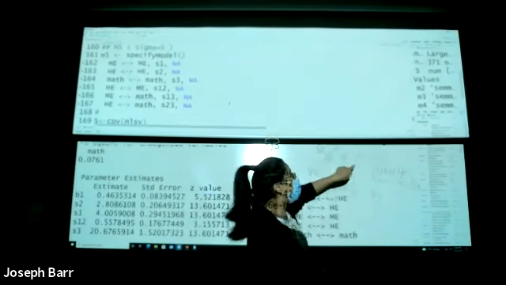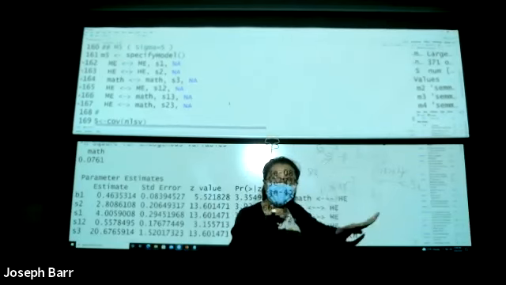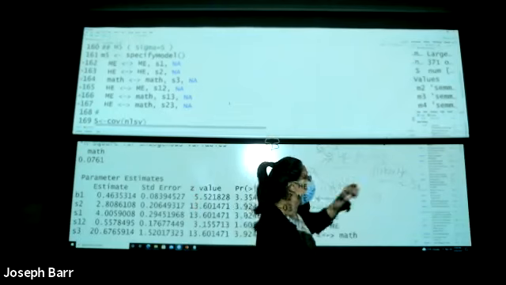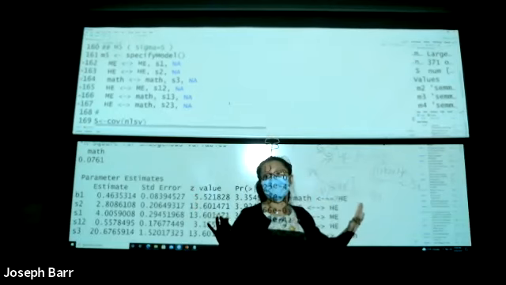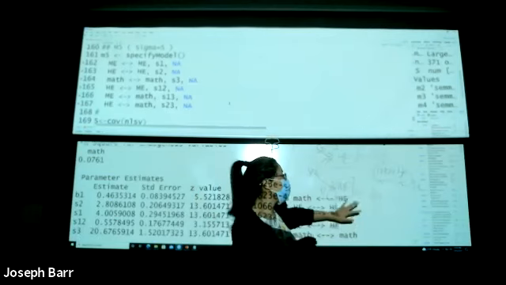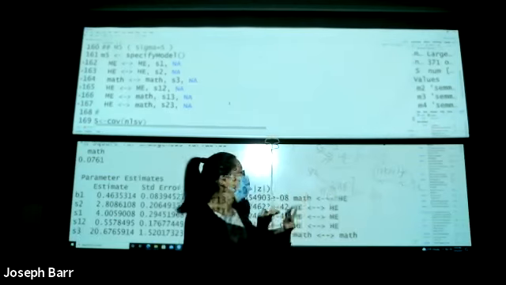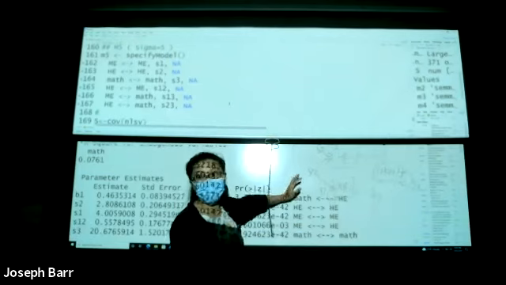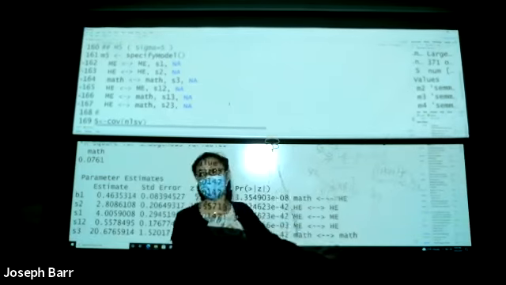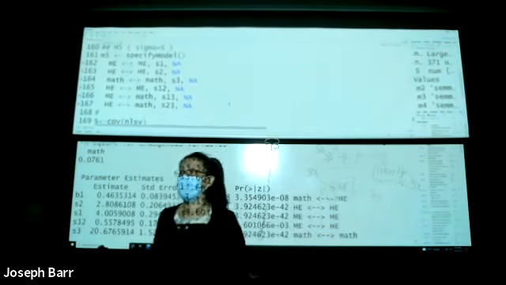Whether HE is gonna influence the math or not, I don't know, because there's no single-headed arrow. Whether ME is gonna influence the math achievement, I don't know. It didn't tell us. Actually, there's no model. It just tells us, please calculate the variance of three variables and the covariance among these three variables.